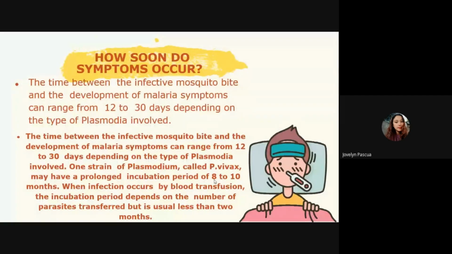When infection occurs by blood transfusion, the incubation period depends on the number of parasites transferred but is usually less than 2 months. Yung symptoms ng Plasmodium vivax is hindi agad-agad makikita sa blood transfusion, sa kadahilanang ito ay nakadepende sa parasite na nag-infect sa